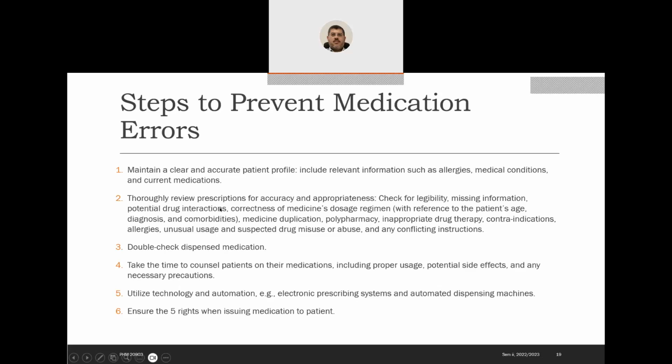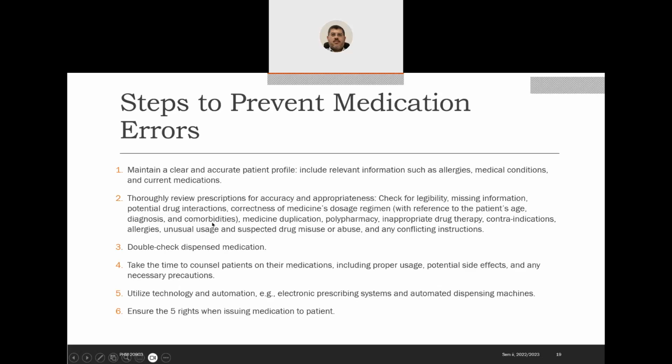We should also thoroughly review prescriptions that we receive for accuracy and appropriateness. We check for legibility, that all the handwriting is clear, so that we don't dispense look-alike drugs. We should check if there is any missing information that can also affect giving instructions to the patient about the way to use the medication. Potential drug interactions, we check correctness of the medicine's dosage regimen,